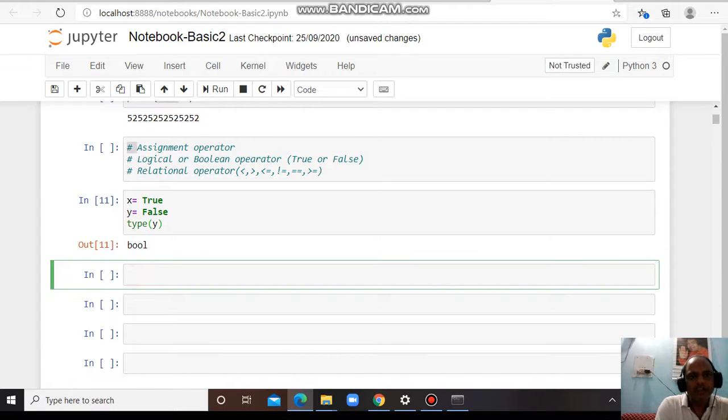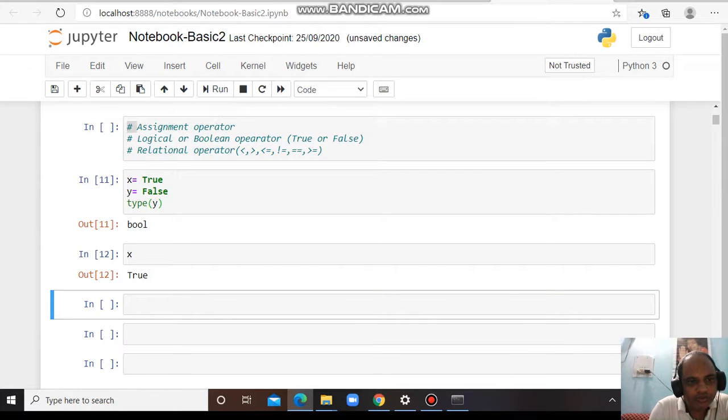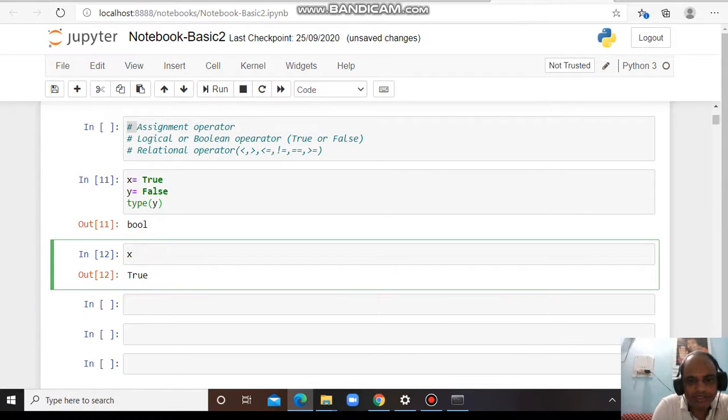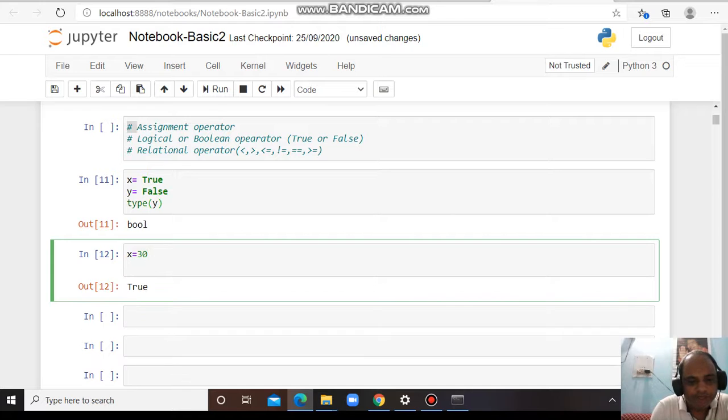Now, for relational operators, I am assigning values with the assignment operator: x is equal to 30, y is equal to 80.